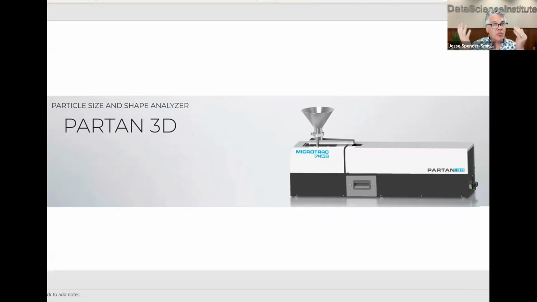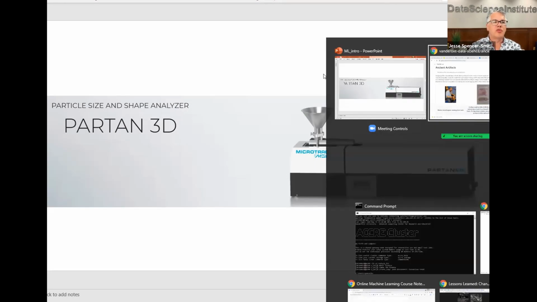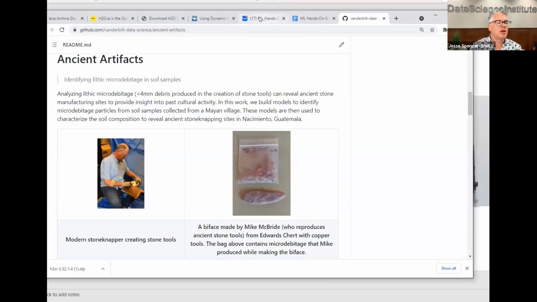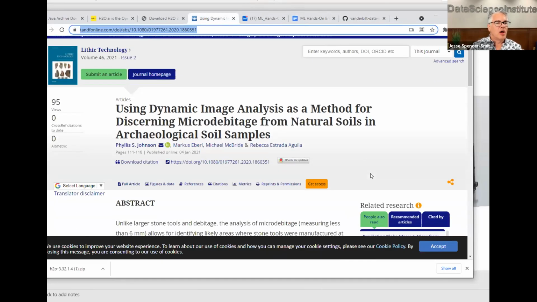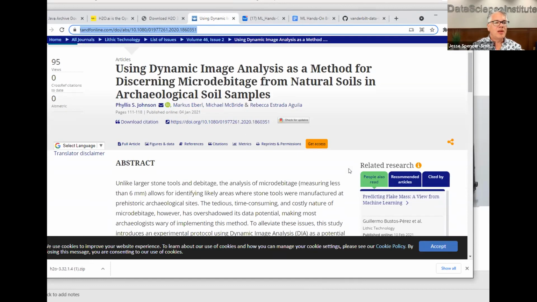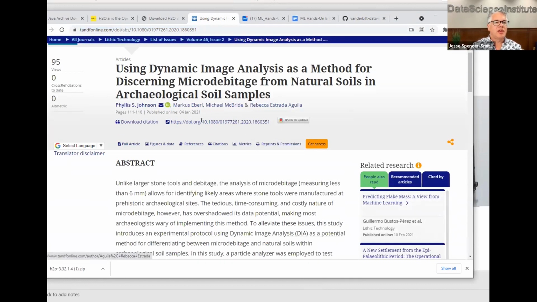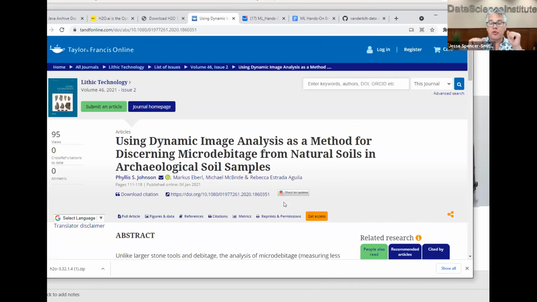So there were 40 different measurements, and he was trying to figure out if you could use those measurements to differentiate between the two. And he wrote an article about this, which was just recently published. But what he did at the time was a statistical analysis. So is it possible to tell the difference? And he proved, yes, it's possible to tell the difference.